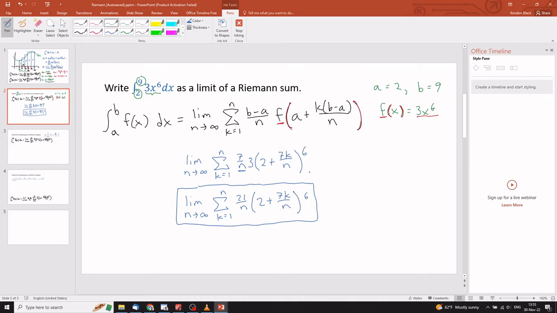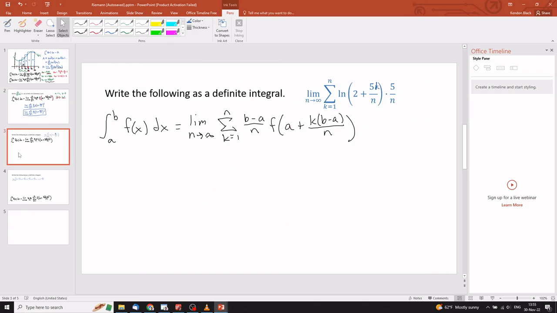Okay, so that's kind of the easy one. Now let's look at an example that goes the opposite way, where we're given the Riemann sum, or the limit as n goes to infinity of the Riemann sum, and we need to write this as the definite integral. Okay, so this is all about pattern matching. I want to look at this, I want to compare it to this